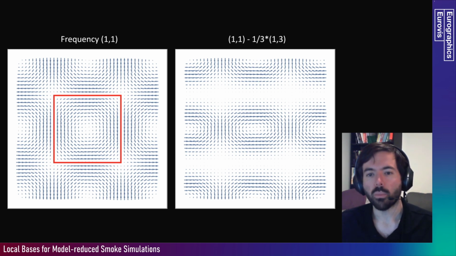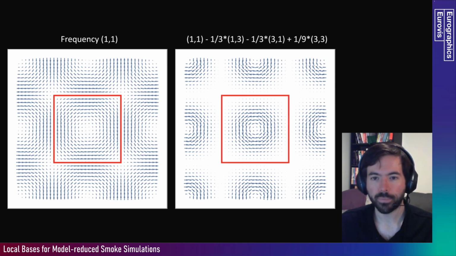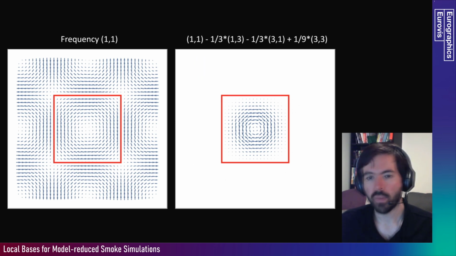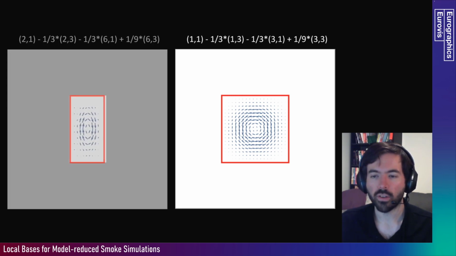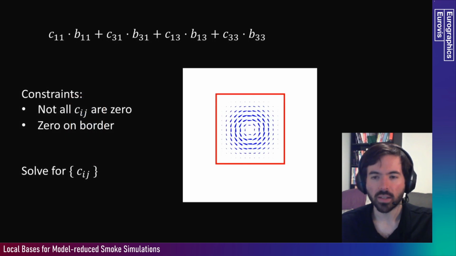And then by repeating the process in the x direction, we're able to completely zero out the vector field along the red square boundary. And then we can clamp that vector field to 0 outside of this region and it remains continuous. And this process also works with different frequencies and weights to create these vortices at different sizes and different anisotropy ratios. Now, we can formalize this process a bit instead of just guessing the coefficients that we need